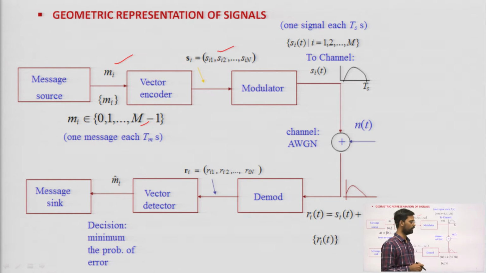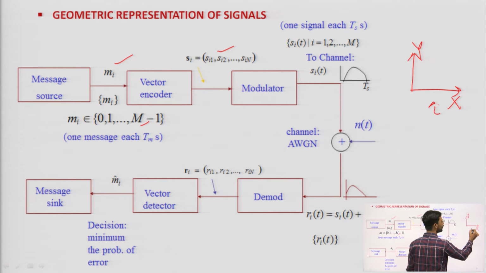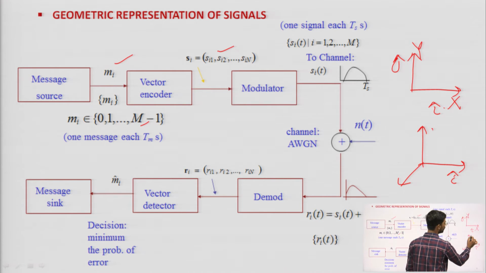In general, we know that basis functions are there. Suppose I have two dimensions, x and y. I already know that I have the basis function i cap in the x direction and j cap in the y direction. Similarly, in three dimensions I have i cap, j cap and k cap.